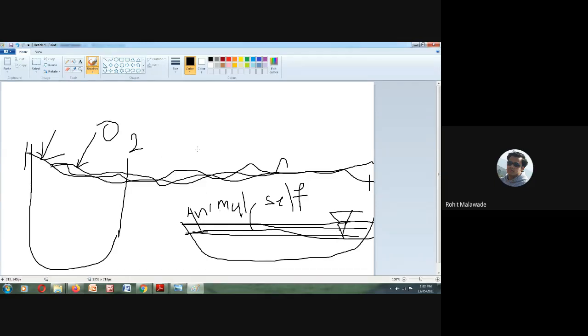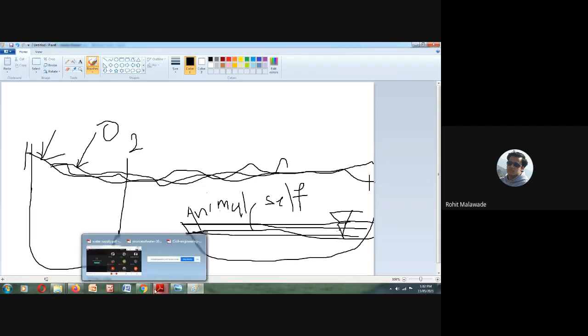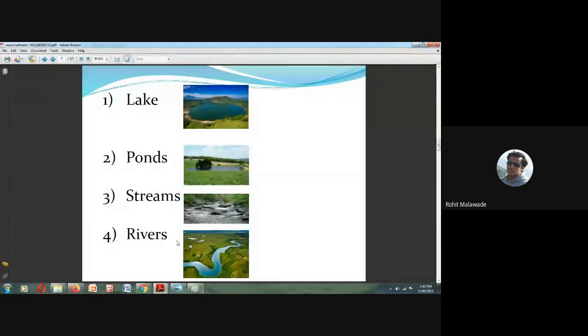Water having its own purification process, we call it a self purification process. There will be more self purification in river water, or moving water, rather than stagnant water. Self purification will not be there in ponds or lakes. That is the reason why we utilize rivers as a source of water: the catchment area is huge, and it also has the self purification process,